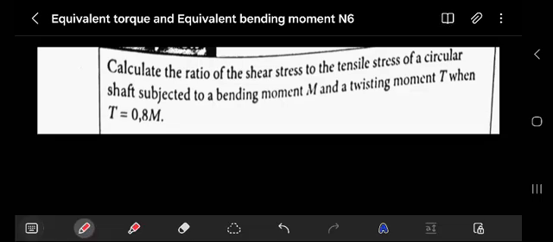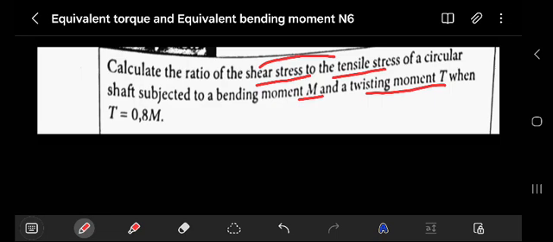We're still under Strength of Materials N6, under equivalent torque and equivalent bending moment. Given this typical question, it says: calculate the ratio of the shear stress to the tensile stress of a circular shaft subjected to a bending moment and twisting